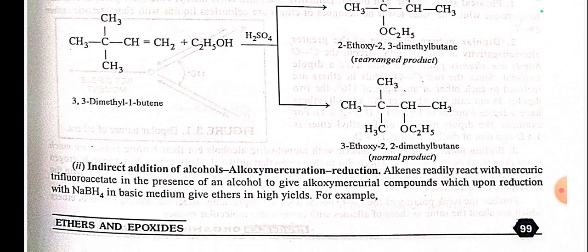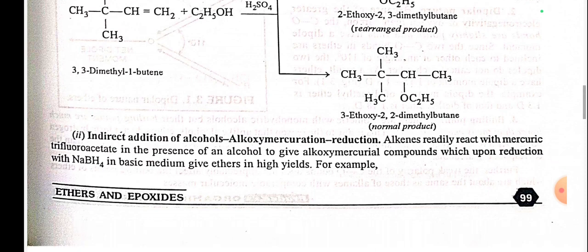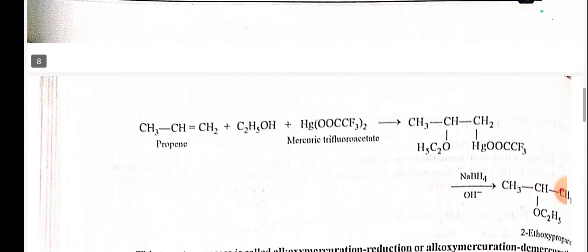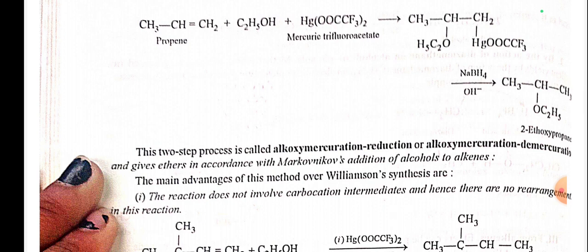Indirect addition of alcohol: alkoxymercuration reduction. Alkenes readily react with mercuric trifluoroacetate in the presence of an alcohol to give an alkoxymercurial compound, which upon reaction with NaBH4 in basic medium gives ether in high yield. For example, propene plus mercuric trifluoroacetate gives